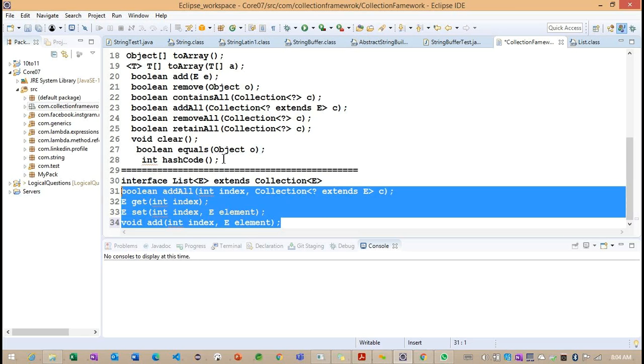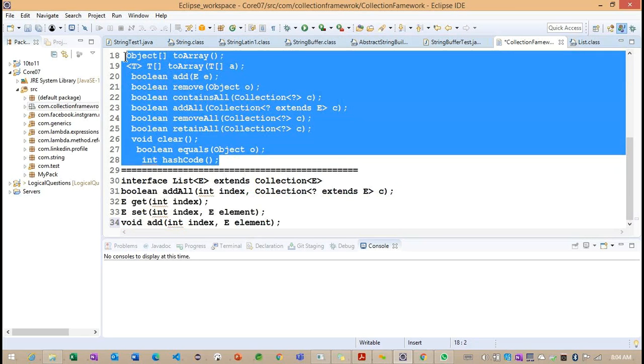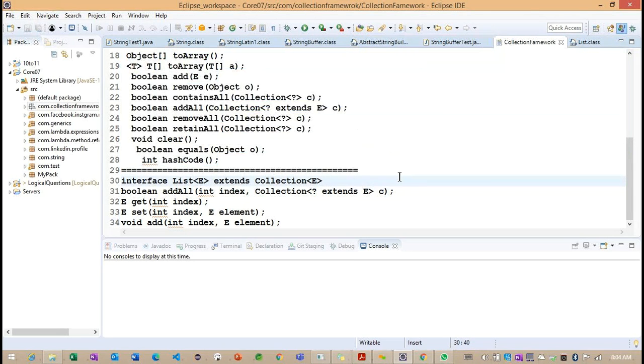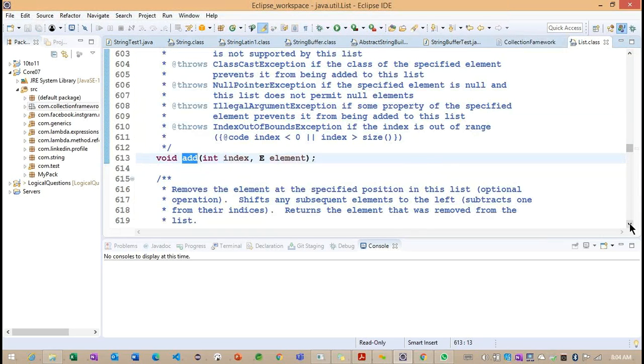Okay. So again, you may have a question: what about this particular method? Because it does not have any position here. So we'll see how these collection methods are implemented. Okay. So back to here.